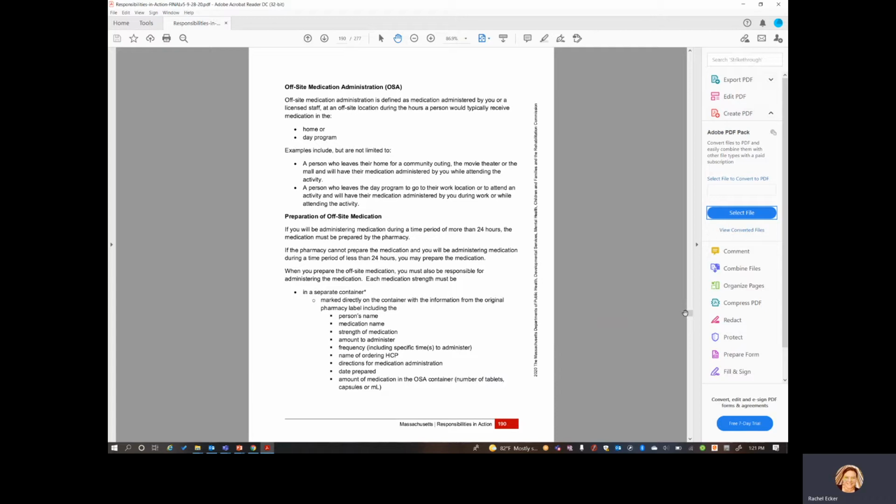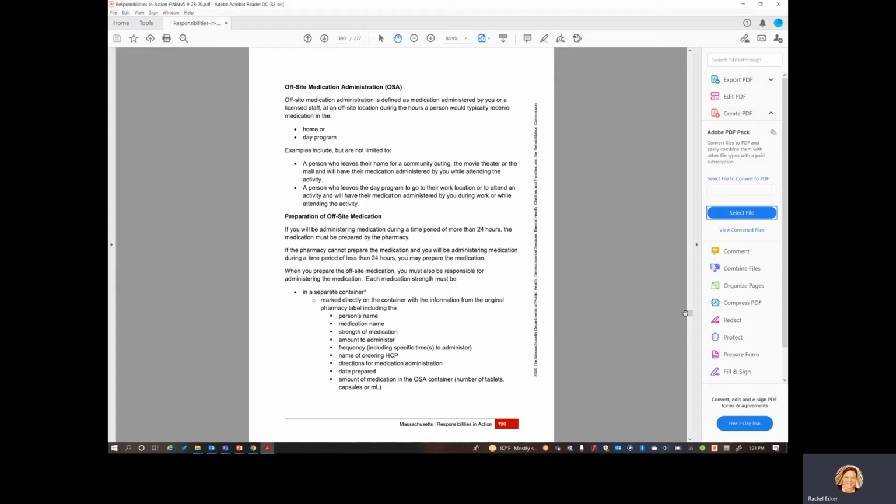That is offsite administration as well, and not a leave of absence. And so the pharmacy will need to prepare the medication almost similar to an LOA, but it's going to be for you to administer the medication short term. So it will only have as many doses of medications that you need by the pharmacy.